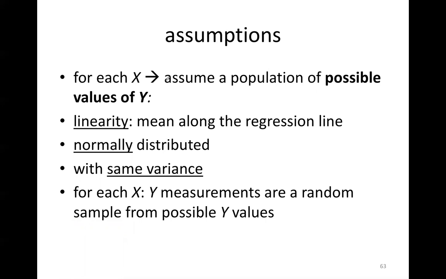So we said for each x, we assume that there's a possible distribution of values of y, which are normally distributed with the same variance, and the relationship between each x value and the mean of those population of y values is a linear relationship,